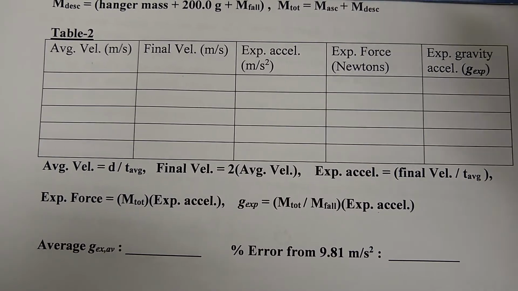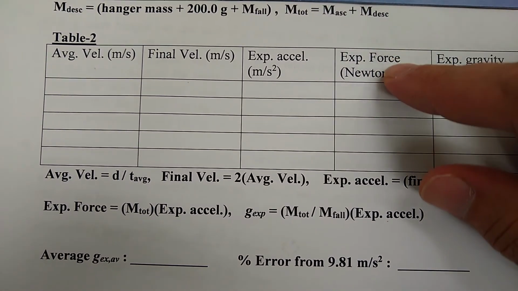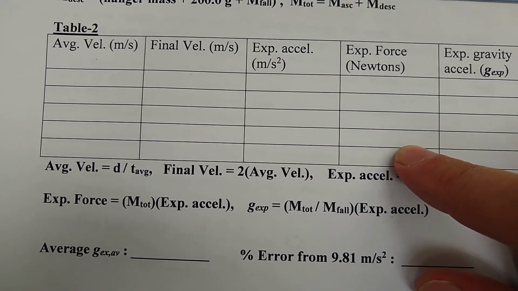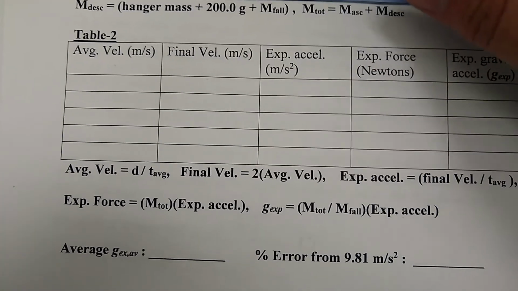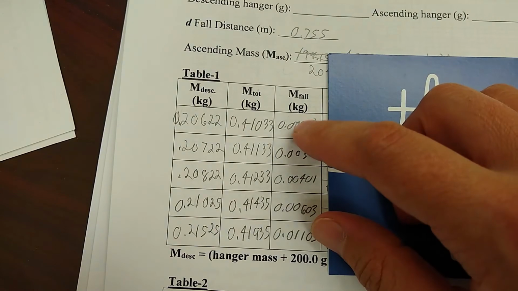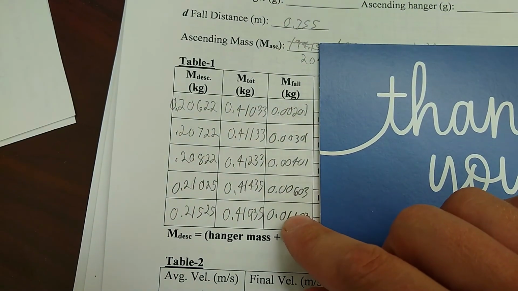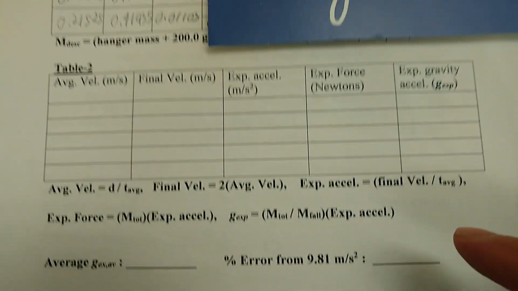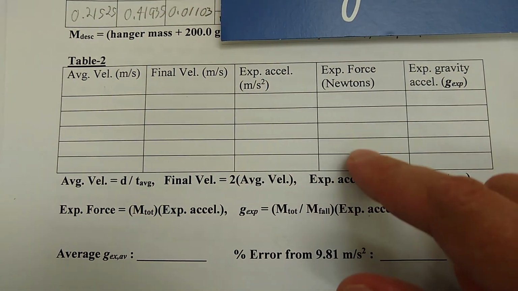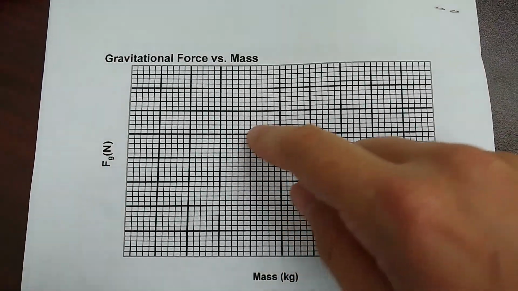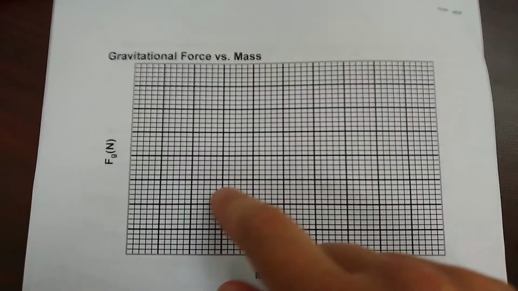So for the graph you're going to have to use this experimental force in newtons. Now it's going to be a small number of newtons. It's not a big force. It's caused by the falling mass. So of course the falling mass is going to be these values right here. So that's going to be the x-axis, the falling mass in kilograms, and the y-axis on the graph is going to be the experimental force in newtons. So the force is going to be rising up as the mass increases,